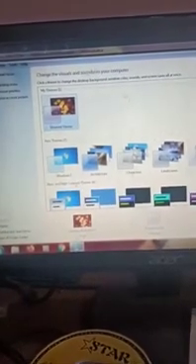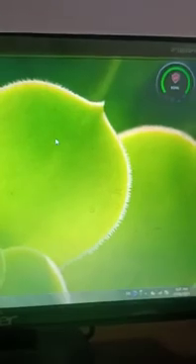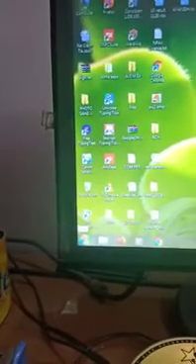If you want the nature theme, then click on that. Only one click you have to do. According to that nature theme, the desktop background, the screensaver, the sounds, and the colors automatically change. Then you have to click on the close button. According to that nature theme, this type of background is shown. Okay, again I tell you, I will take a different theme.